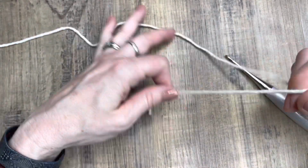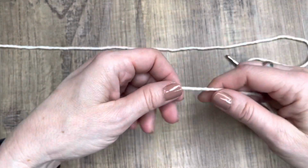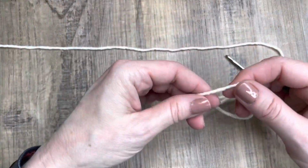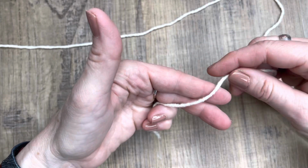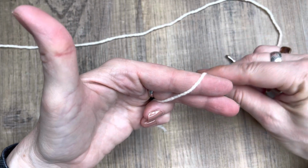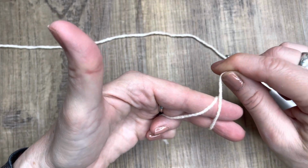So I'm going to show you how to make the magic circle that doesn't loosen up. Doesn't matter what kind of yarn you have if you're just trying to practice. What you're going to do is you're going to wrap your yarn around like this